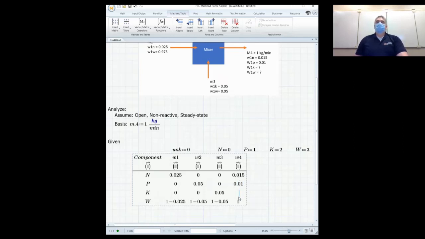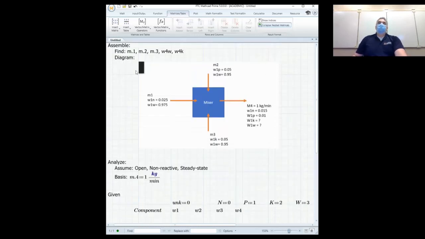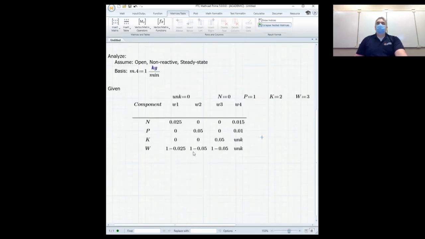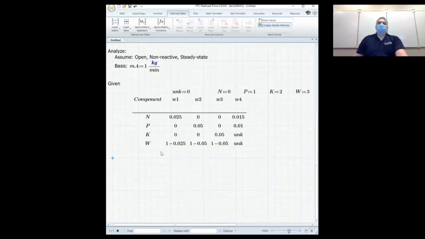and those are the 2 that are defined. Now we need to figure out what's going to happen to get those. I'm going to say this is an unknown value and this is an unknown value, just because those are my unknowns. Okay, so what are the unknowns? We've got 5 unknowns here: M1, M2, M3, and then these 2 unknown weight fractions in the 4th stream. So I've got no extra data that I needed, but